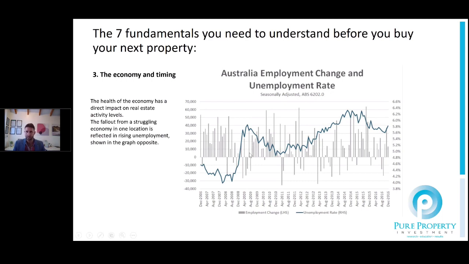Now, I'd look at this as a general map. This isn't state specific or even local government area specific, but it is something that is quite important, and it's pretty obvious. It doesn't take a genius to figure out that the more people who are gainfully full-time employed or actually seeking employment, then there's going to be more money in that particular economy or that particular suburb for people to earn and therefore pay more for property.